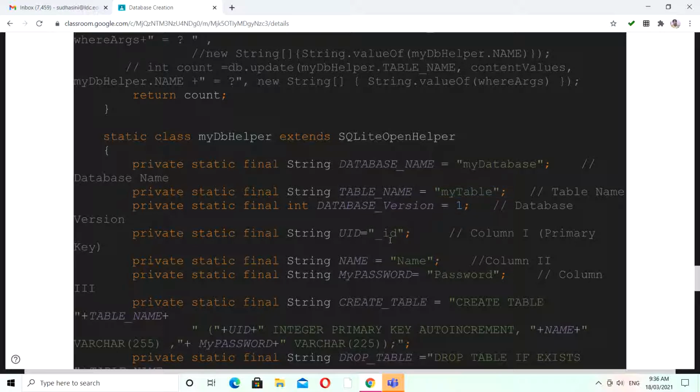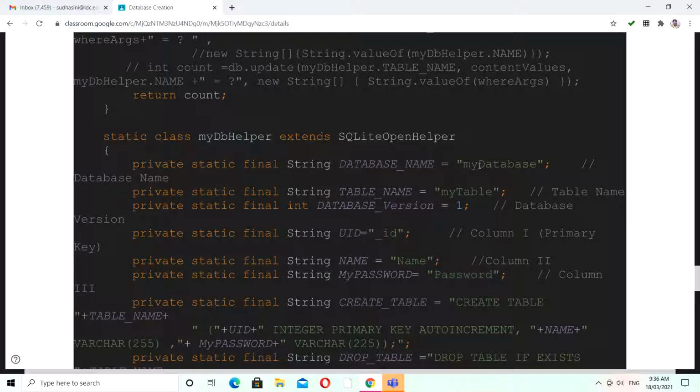And then here I have 3 attributes. This ID is an auto-generated ID, we will see that. Then the string name, which is the name attribute, and then a password attribute. So these are all the fields for my table.